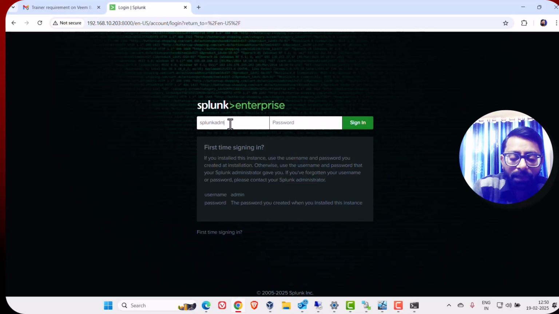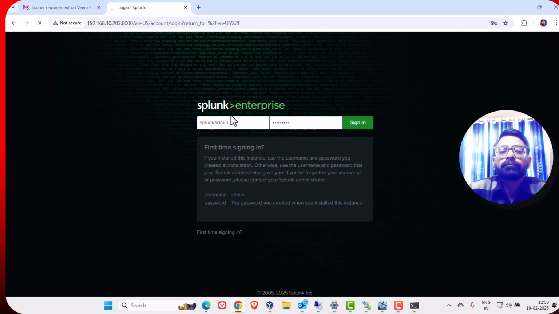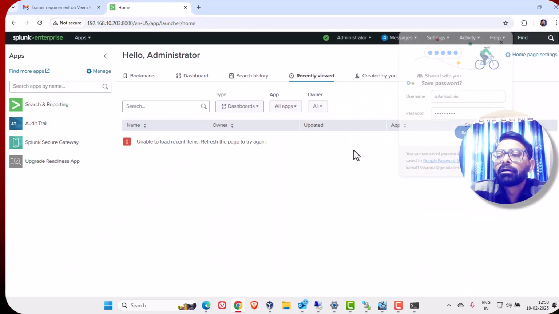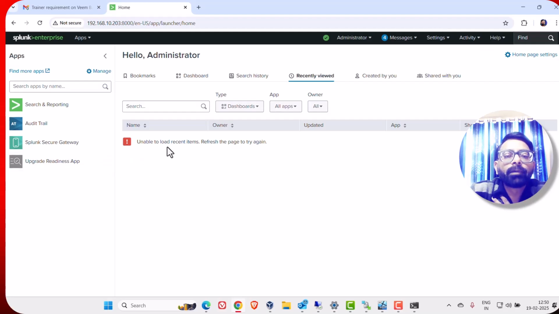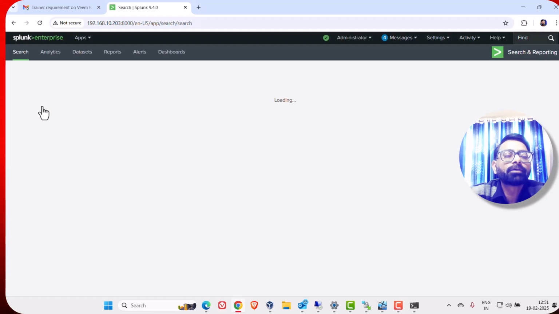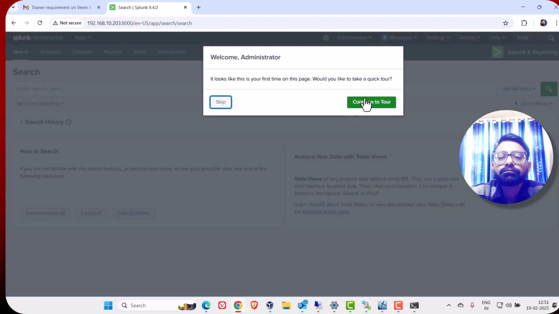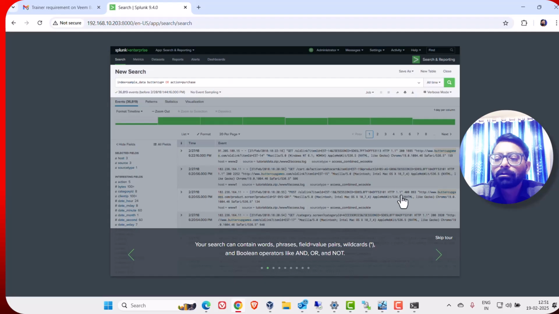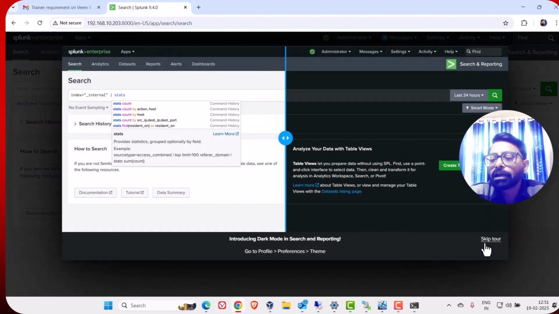Splunk admin is my username, and then this is the password. I don't want to save the password. You see, "unable to load recent items, refresh the page and try again." Yes, of course, because we did not configure this Splunk to fetch or receive the items here. So what we can do, lots of things are there. If we try to execute some indexing